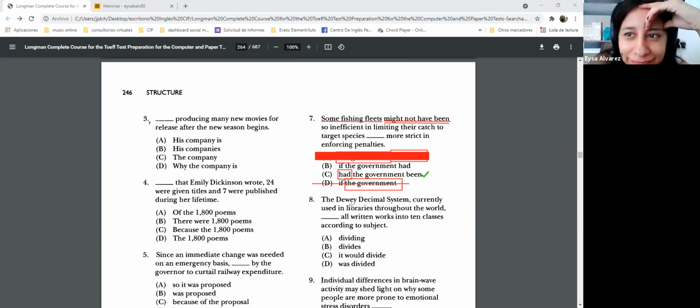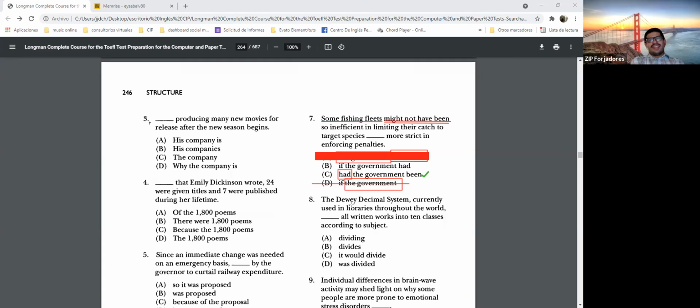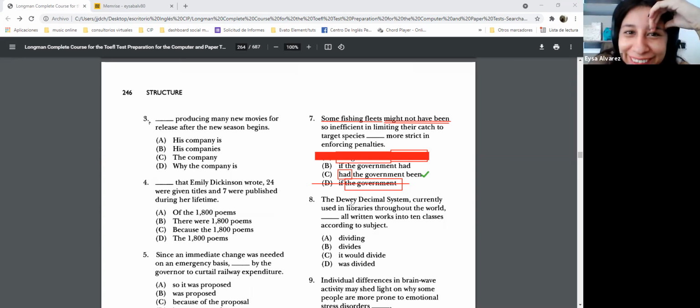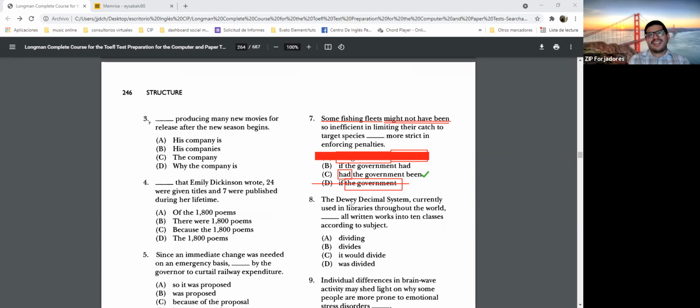But why cannot be letter B? I only think that that one is the auxiliary and we need the verb. Okay, all right. That's correct. That's a good point. And also because